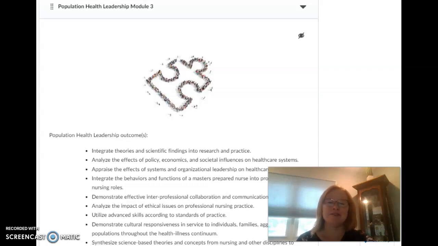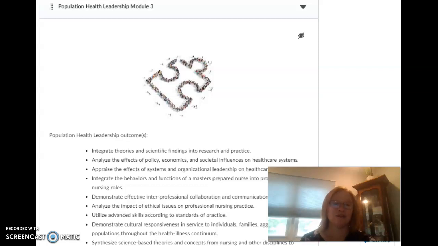So as we dive into Module 3, I would encourage you to look at the Institute for Healthcare Improvement Psychology of Change paper. This is such a critical piece to really understanding change and knowing how individuals react to change so that we can become more effective in our leadership practice. You're also going to be taking a look at the stewardship guide that is posted within the site. And this guide is going to help you as you're doing some of your exercises for this module.